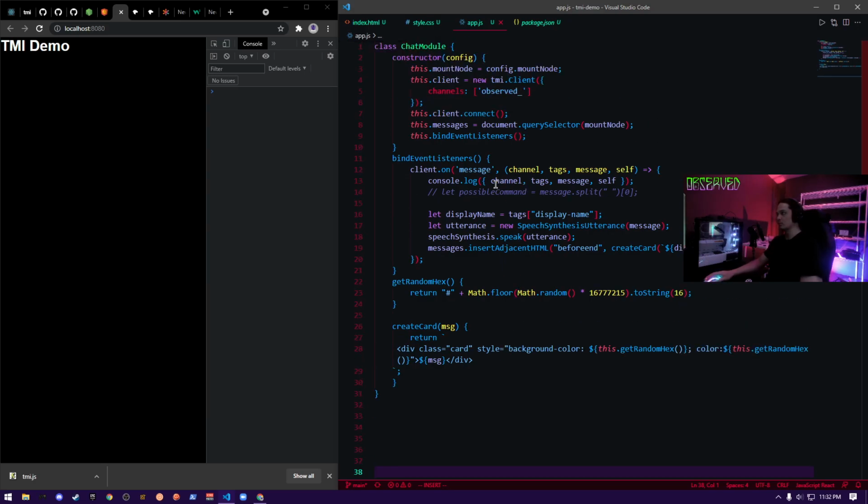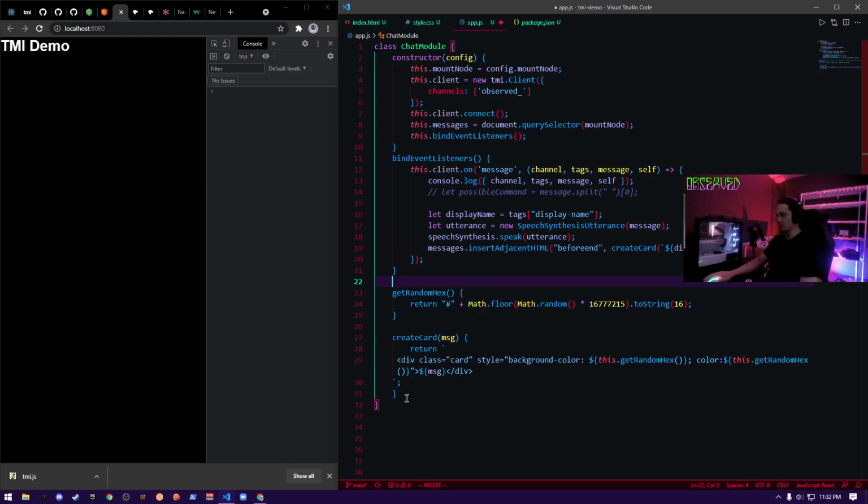So client on get remix. So this dot client, the display name equals that, blah blah blah, utterance, blah blah blah. Okay, so this is going to be